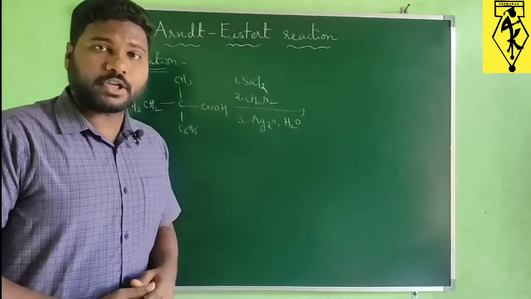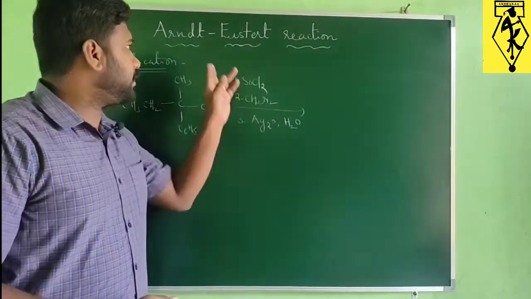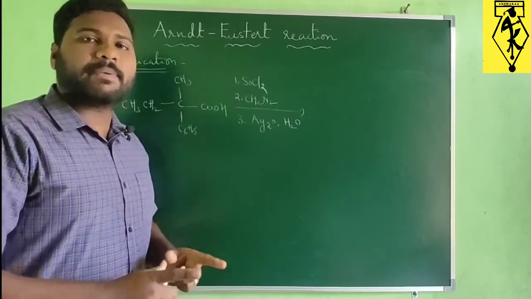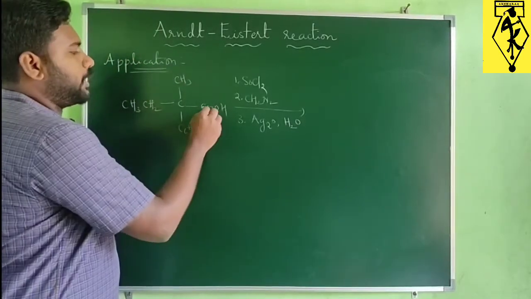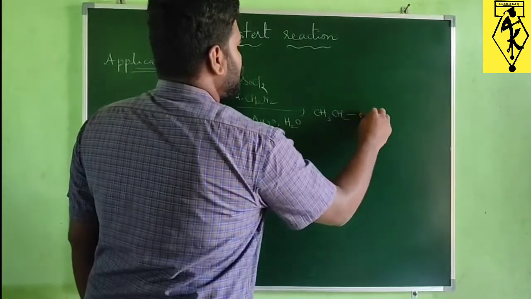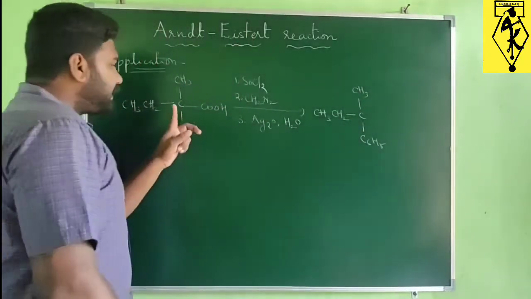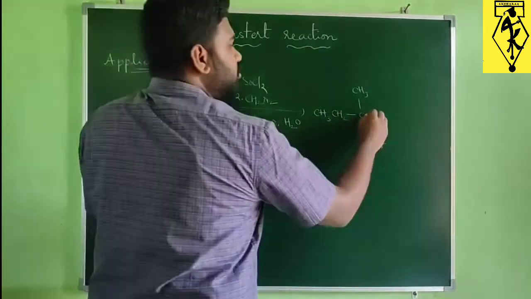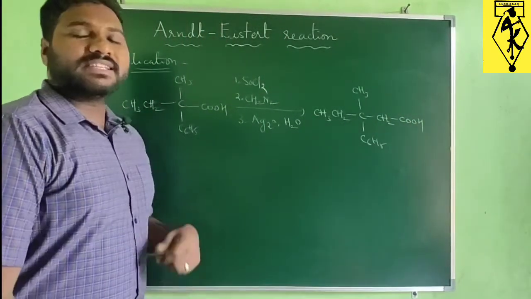This is the question. So how to attempt this question? Yes, by observing these reagents, definitely it is an Arndt-Eistert reaction, and they have given carboxylic acid. What will happen at the end? Just simply one methylene group is inserted between that alkyl group and carboxylic acid. So we are going to write CH3, CH2, C, CH3 and C6H5. Between this carbon and this carboxylic acid group, there is one methylene group, that is CH2. So I am just writing CH2 here and COOH. This is the product.